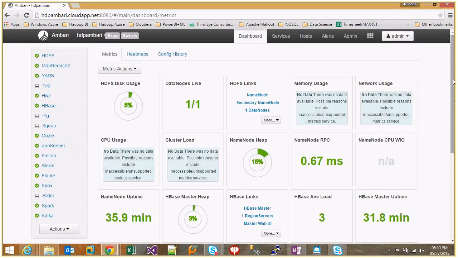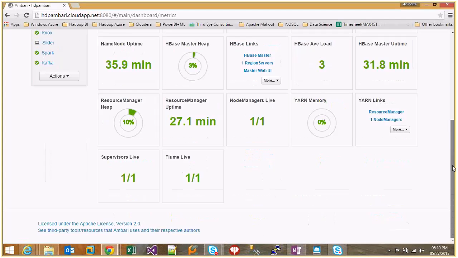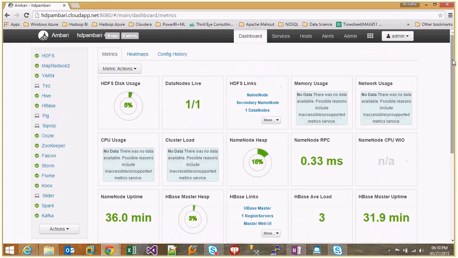So this is the version of HDP 2.2.4 which has just been released a few weeks back, and here are a lot of configurations that we are able to see in the Ambari dashboard right now. First, if I go through step by step regarding the metrics, I can see on the right hand side the HDFS disk usage, like DFS utilized, non-DFS utilized, data nodes which are running,